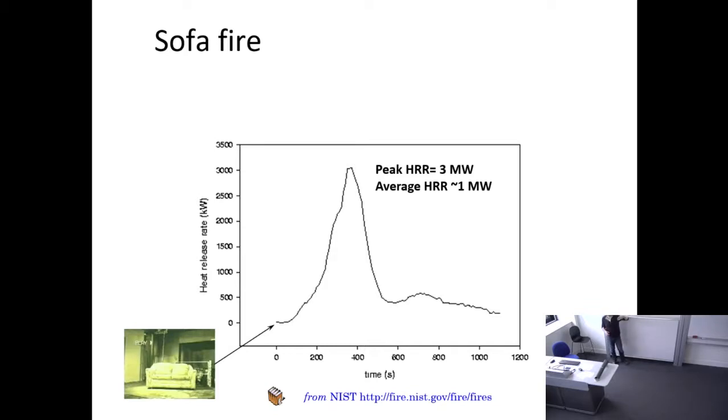Why does it start to decay? The fire is still burning for actually several minutes. But why does it reach a peak and then it goes down? I've told you, it's going up because of flame spread. But then why does it come down? Burnout. The first location where you ignite it, in particular where the arsonists put the ignition, actually at some point